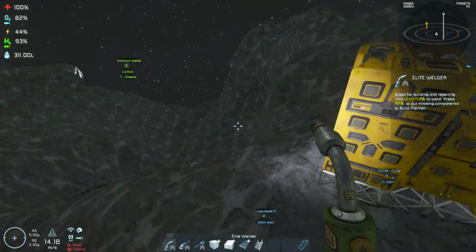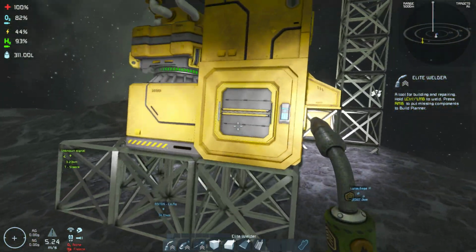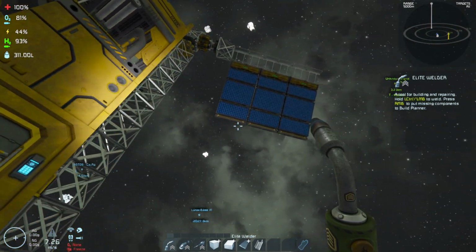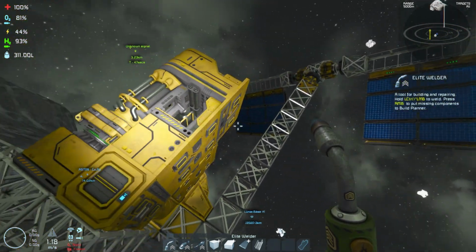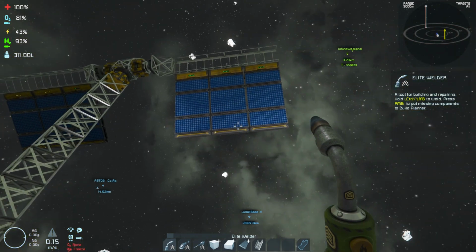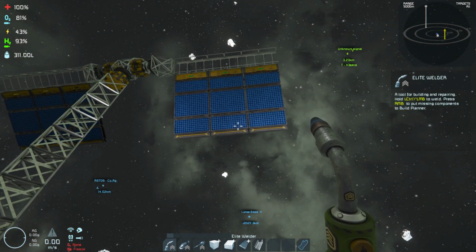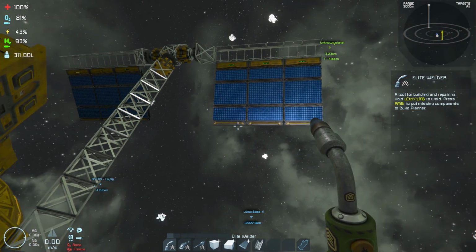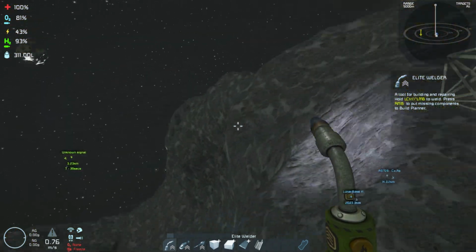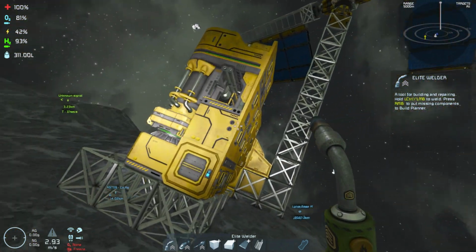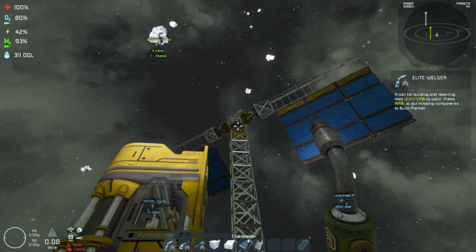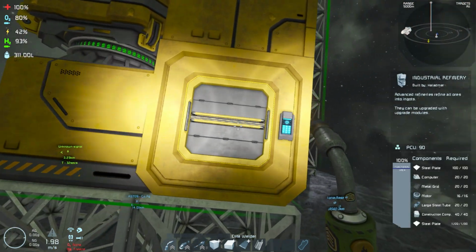Okay. I basically queued up a bunch to get a couple more solar panels up. So we now have 12 solar panels, which, as far as this base is concerned, is probably overkill, especially since I have a ship with a reactor down there. But yeah, okay. Anyway,